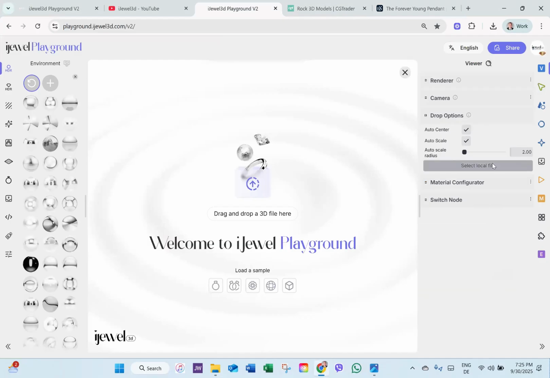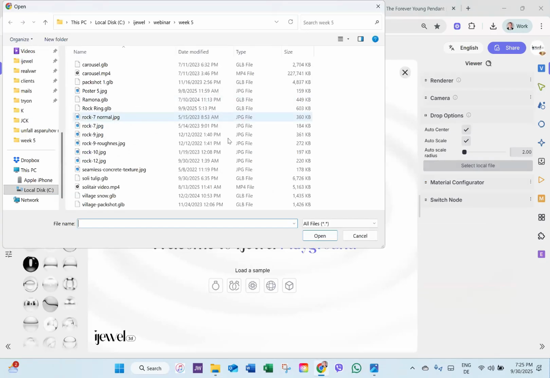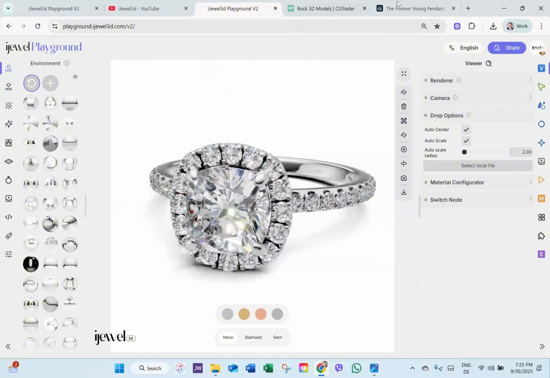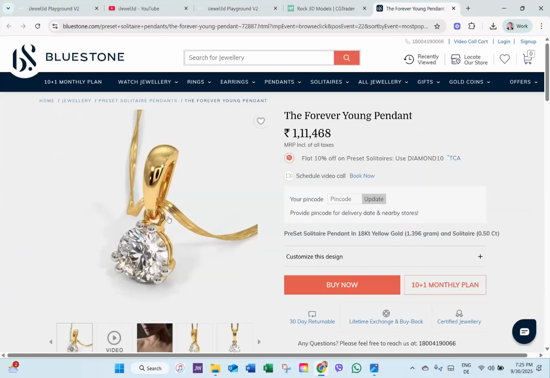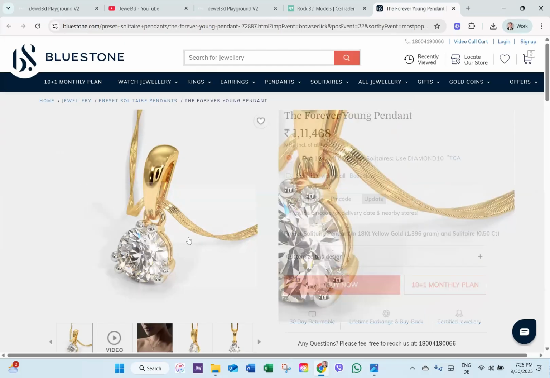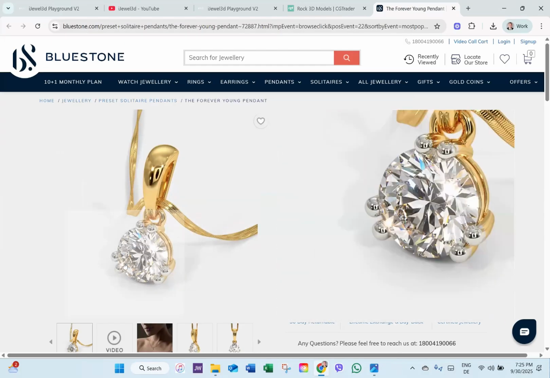Let us go back here and we will choose. Yes, let us choose Ramona for now. And when you compare it, you can see there's gray, there is gold, and here is bluish light,